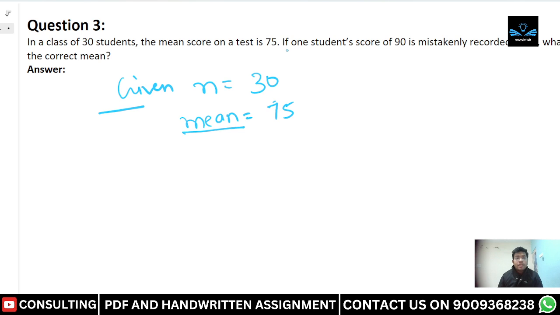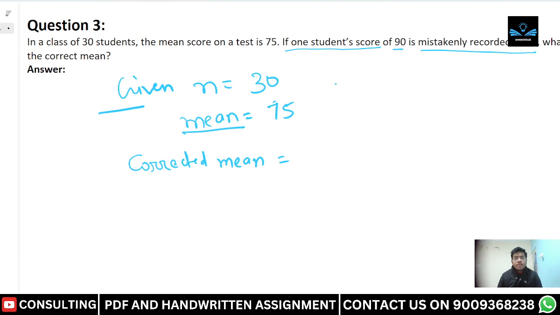Why? Because one student's score was 90 but it was mistakenly recorded as 60. It means that the correct number is 90 but mistakenly we have written 60. So in this case we have to find the corrected mean, right? For the corrected mean,